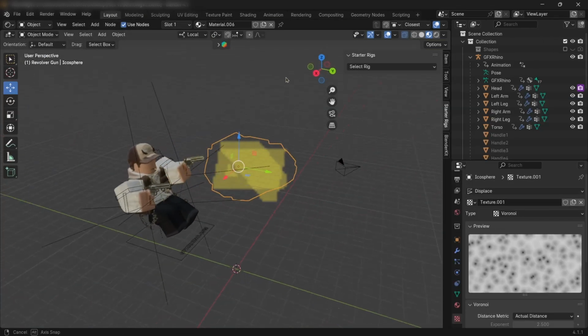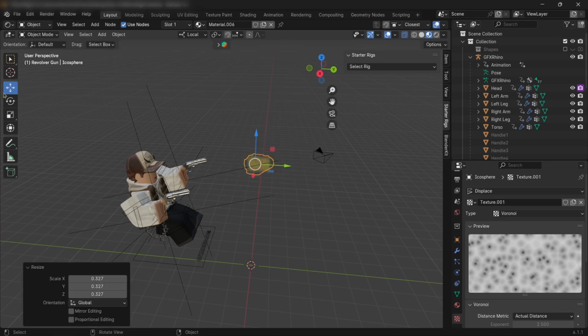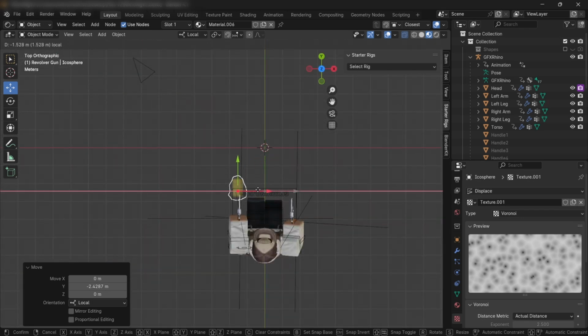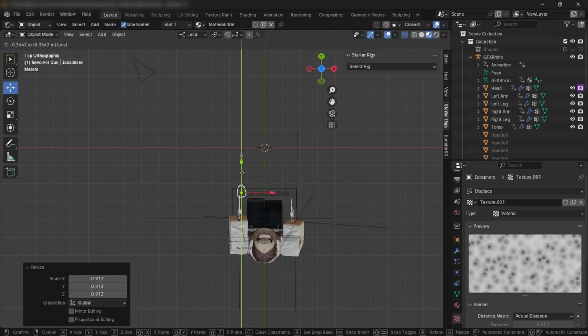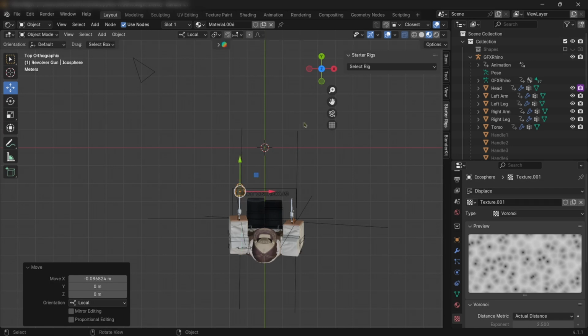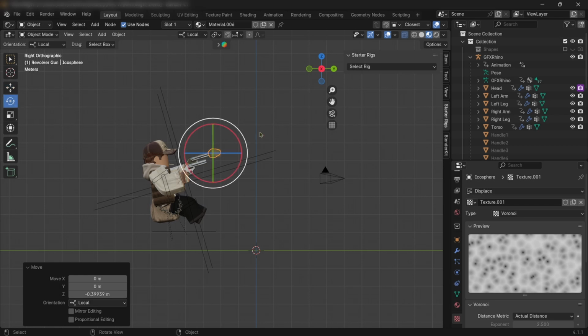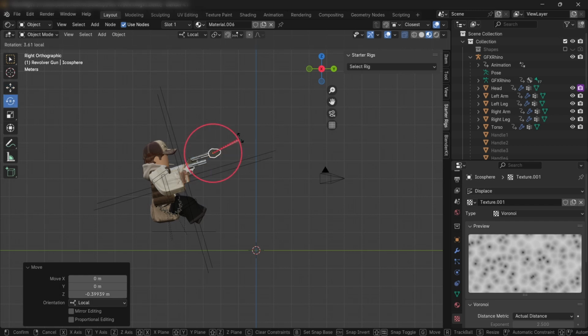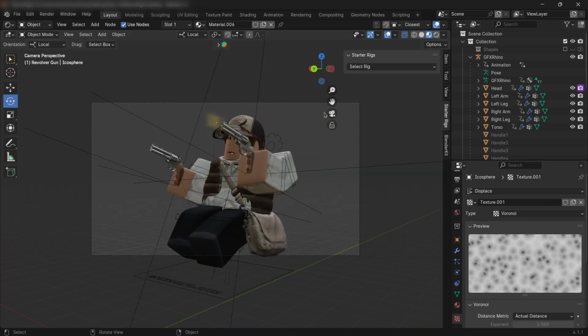It's gonna look like this little mess, but let me just resize it and bring it to our gun. Make sure we have it lined up pretty well. Probably still a little too big, even for a magnum we have. Alright, let's bring it down, back. We just want to make sure that it's lined up with our gun. Maybe rotate it up, so the gun is pointing a little bit up. Now, it's going to look like that